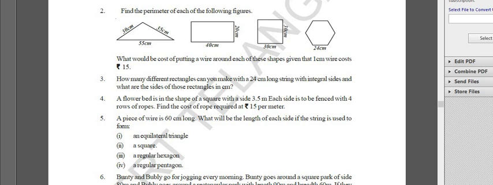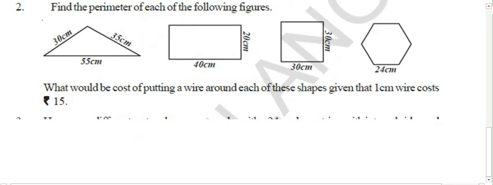So students, in the previous class we learned how to find the perimeter of an irregular shape, and we found out what a perimeter is. So we took the definition. Now we are going to find out how to find the perimeter of regular shapes like rectangle, triangle, square, and this one, which has 6 sides, so it is called a hexagon. We will try to find the perimeter of these regular shapes. Without getting late, we'll start the class.